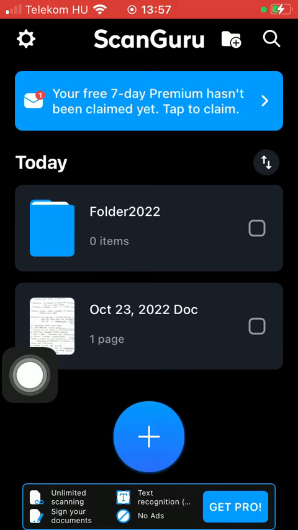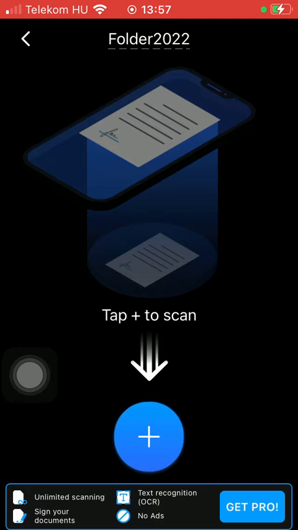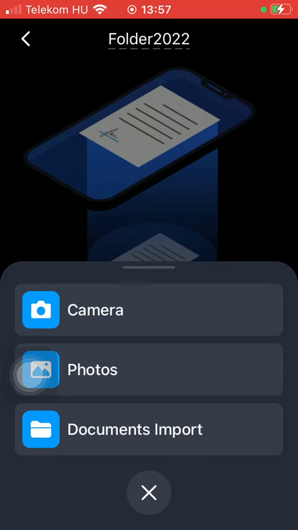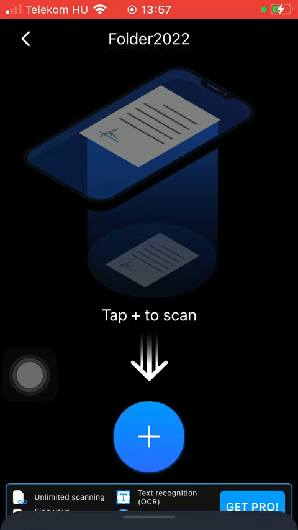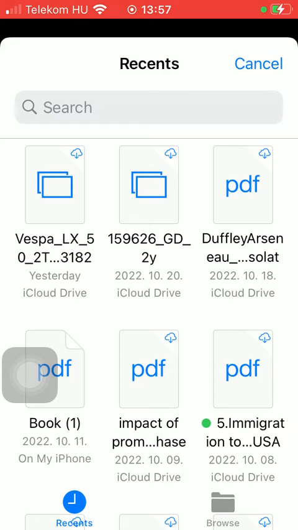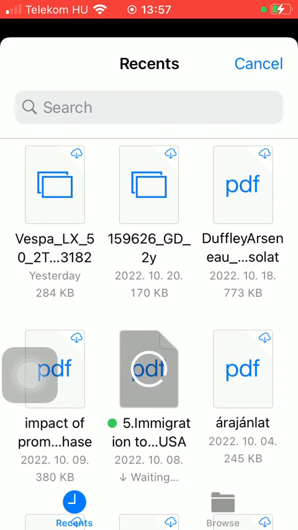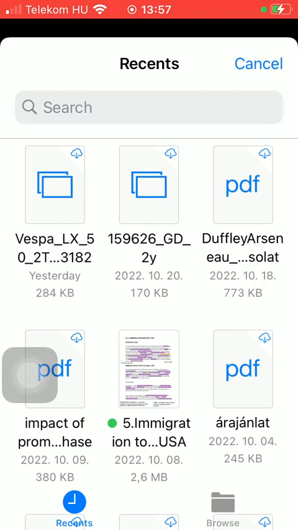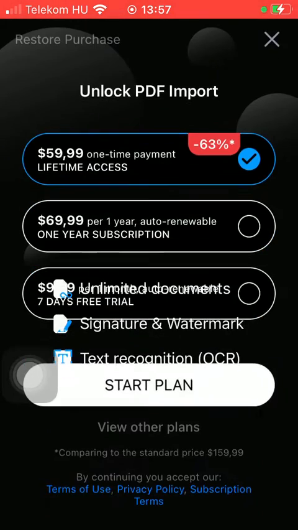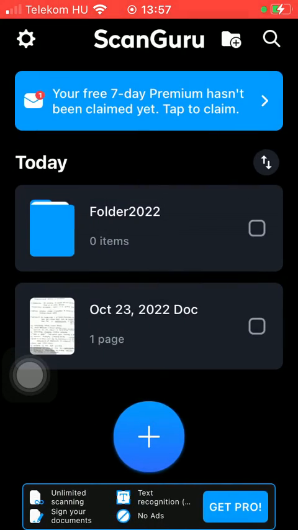home page. If you tap on it, you are going to see that you can add items to it by either scanning or taking pictures from your gallery or importing documents. If you tap on it, you will be able to insert any of your PDF files from your files section. So if you tap on it, you will be able to add it to your